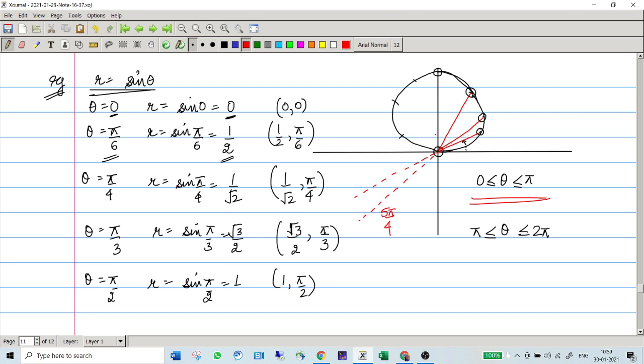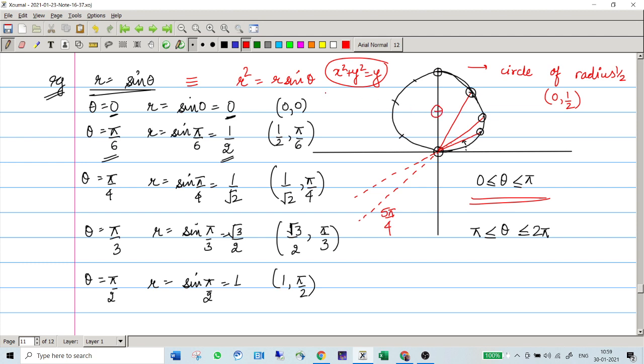Yes, ma'am. And moreover, you can even verify by converting it into Cartesian coordinates, because you know how to convert them now. We did it in the last class. Multiply by r on both sides, and you simply have x squared plus y squared equal to y. Then use the completing the square method to shift the terms, and you can reach that this is going to be a circle of radius half, and the center, as we did in the last class, is going to be 0 comma half.